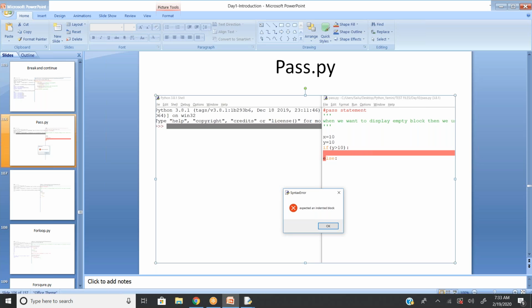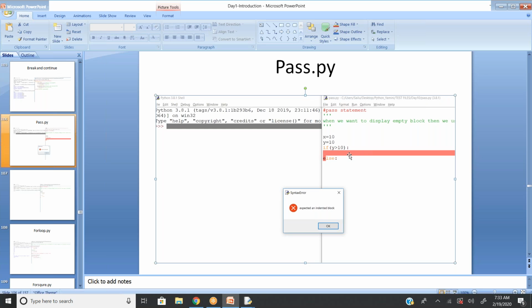Now there are some scenarios where you may need to give empty blocks. Empty blocks in the sense I don't want to write any syntax within the sub blocks. For example, in the current scenario, you can see x equal to 10, y equal to 10. If y is greater than 10, I just want to give an empty block. There are no statements, and in else there are none either.